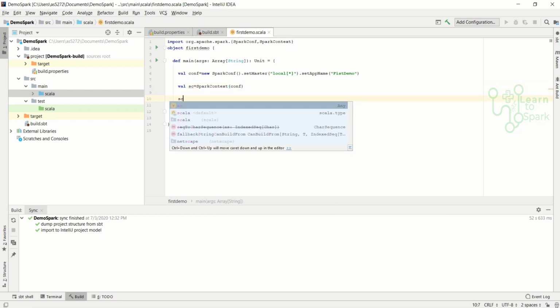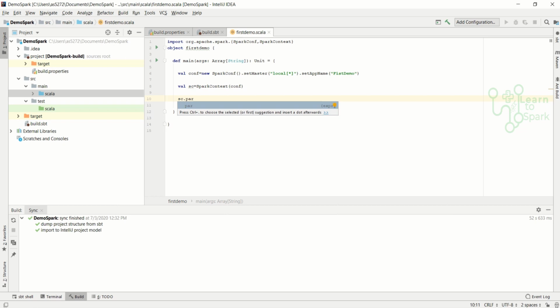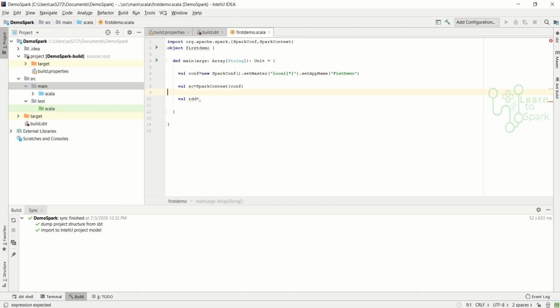Let me just give rdd is equal to sc dot, sorry, I didn't give the new object here.